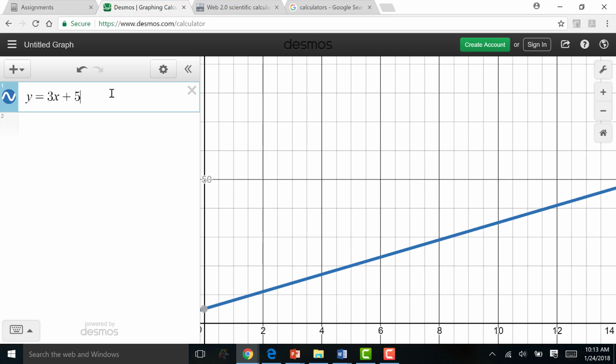So here we go. Let's actually, so you can see what is on the screen. There we go. There is the y equals 3x plus 5 line. It's an equation of a line. Now, how did we know that that line was going to be going